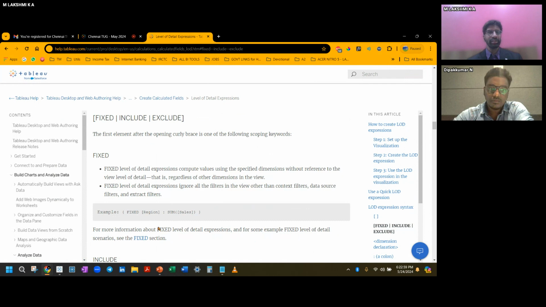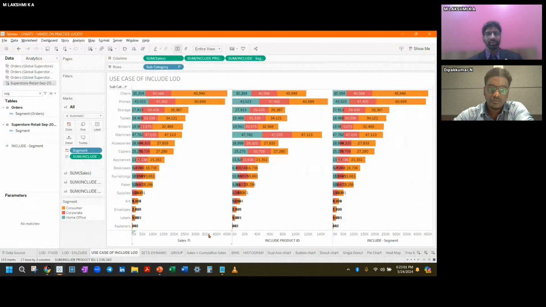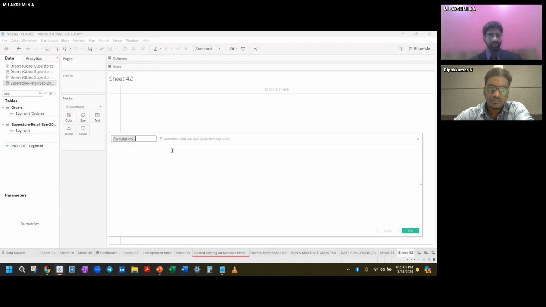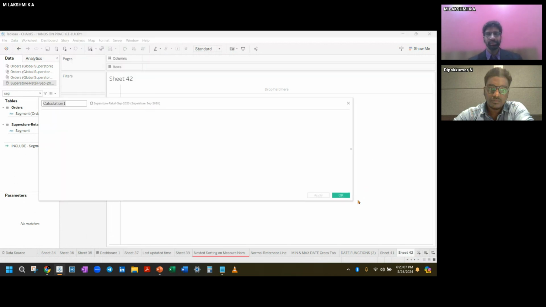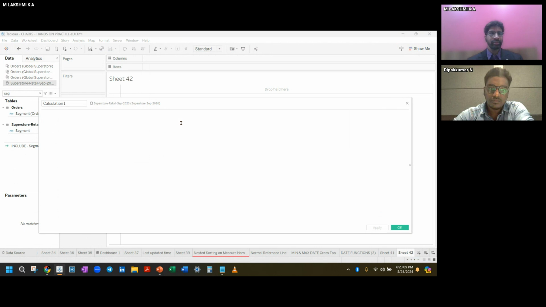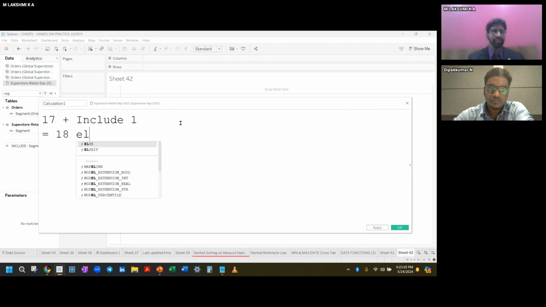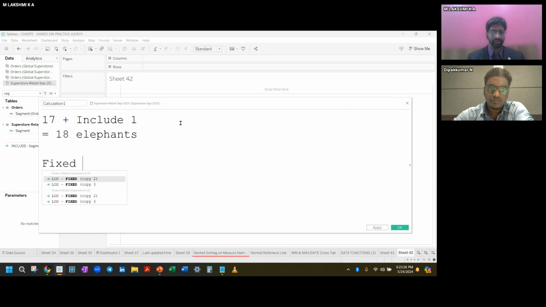That means if there are total 17 elephants, plus you are including one elephant, that becomes 18 elephants. Now you are fixing these 18 elephants.